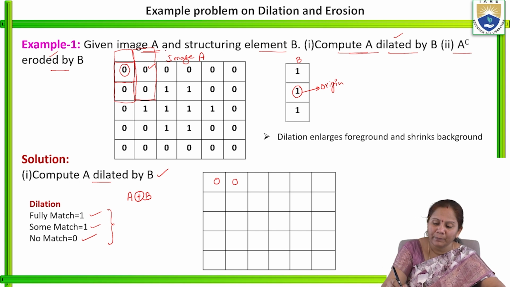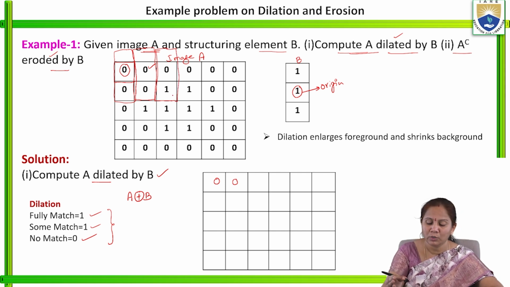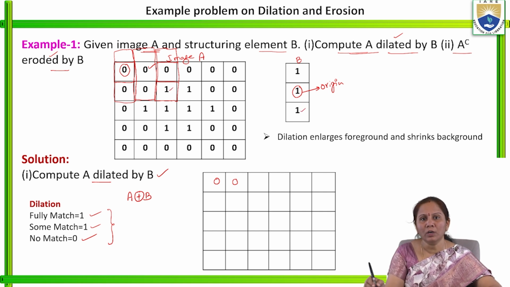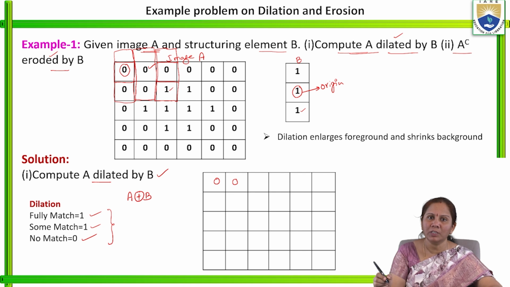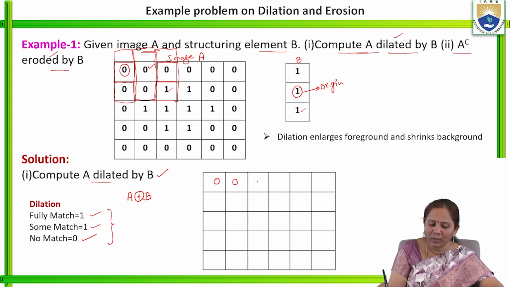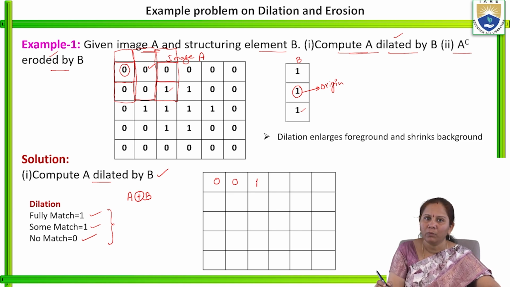So similarly here, if you shift that sub image B towards right, the sub image will be placed here. So here 1, 1, 1 are the elements of the structuring element. Here nothing is there on the top, whereas the remaining are 0 and 1. So in this case, these values are matched. That means a partial match has occurred, so we have to consider this element as 1.